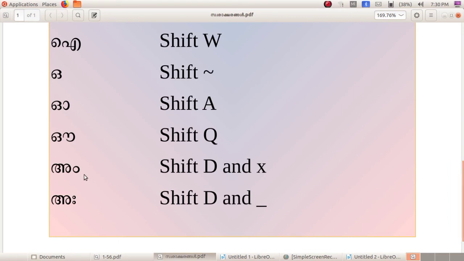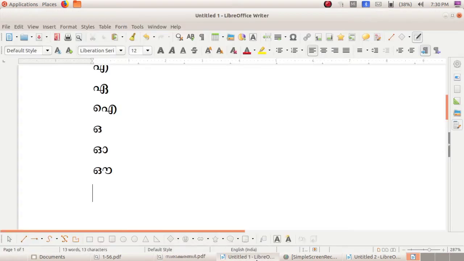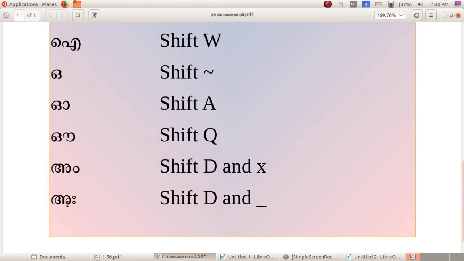How can you type the next one? Yes, first of all you want to type A. What are the keys for A? Shift plus D. Now A is displayed. After that you want to give a small symbol for Am, so Shift plus D, then click on the X key.